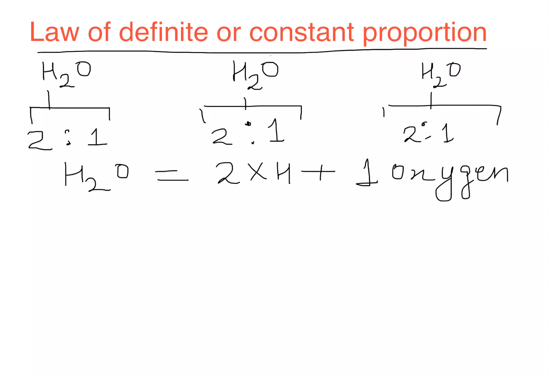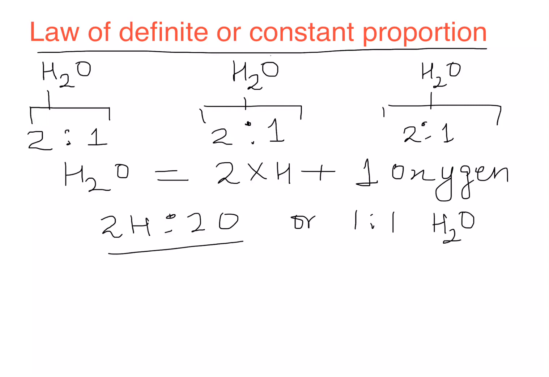If I am talking about water, if let us suppose the ratio of hydrogen to oxygen becomes 2:2, or simply put 1:1, am I still talking about water? No, we are talking about hydrogen peroxide in this case, right? So what does the law of definite or constant proportion say? It says that if we are talking about a pure chemical compound,